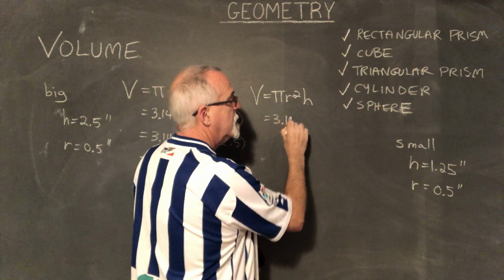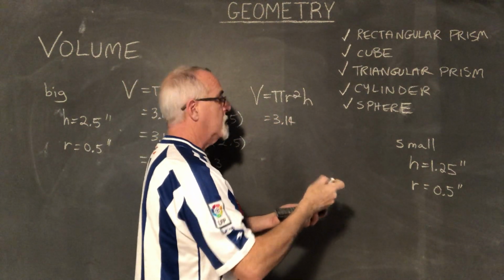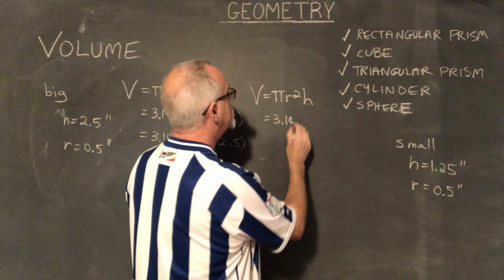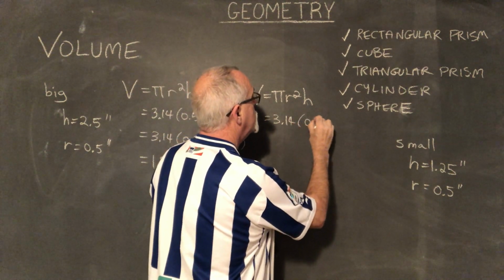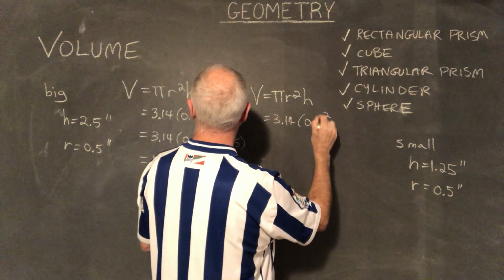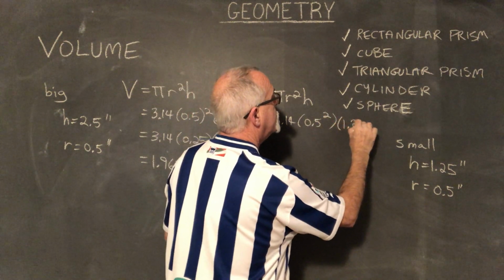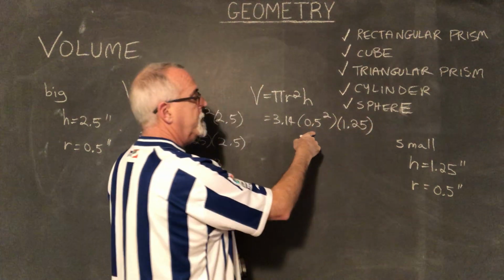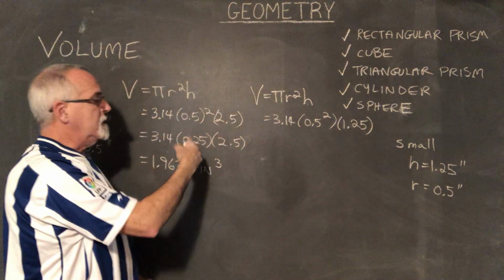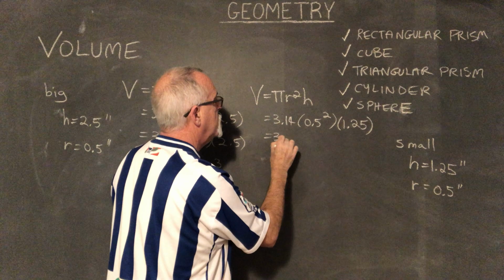Other one, pi. Radius, need more chalk. Radius is 0.5, same radius. 0.5 squared times the height, which is 1.25. 0.5 squared is the same thing. We already did that. It's 0.25. So I have 3.14,